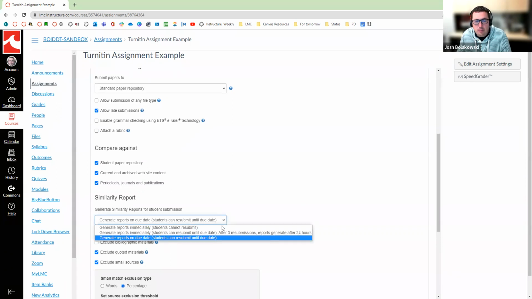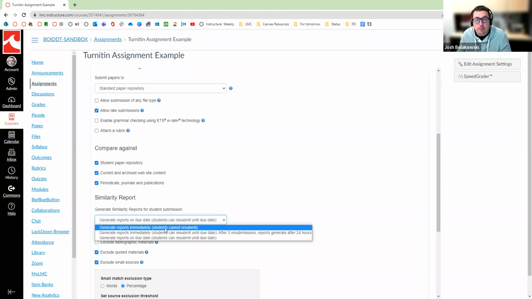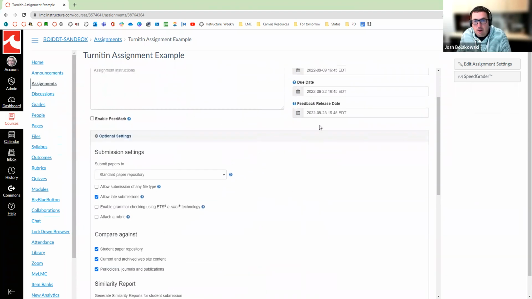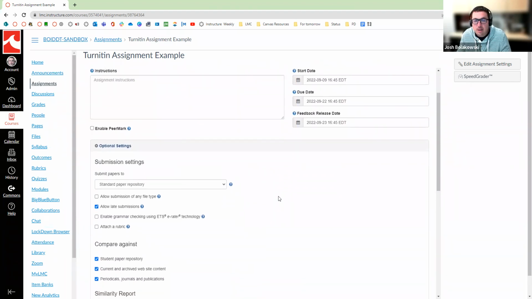If you want to allow resubmissions, by default, this first option, generate reports immediately, students cannot resubmit, is enabled. So if you want a student to be able to go back and fix an assignment, update an assignment, you give them feedback and want to allow them to correct it. If you have this chosen, it doesn't matter how soon before this due date it is, it's not going to